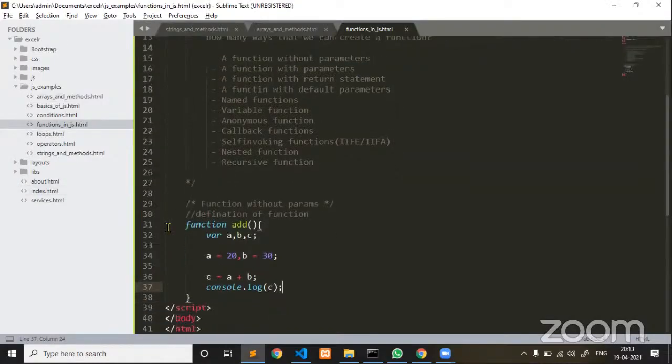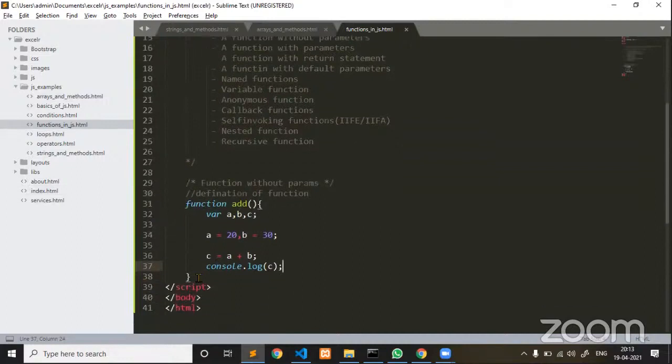Why? Because you have defined a function, but nowhere have you called the function. Guys, here is an important point to remember. The moment you define a function, if you're not calling that function, the function does nothing. It is like you have purchased a TV, but you have not installed the TV. Similarly, you created a function to perform a specific task, but you are not triggering or calling or invoking it.